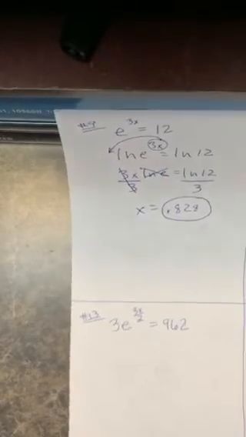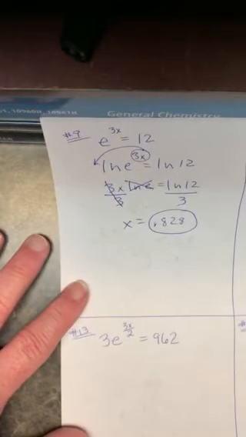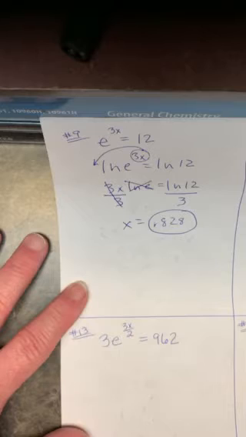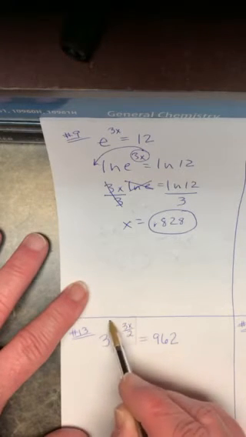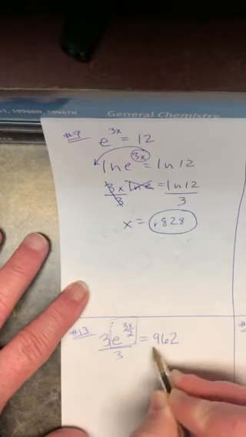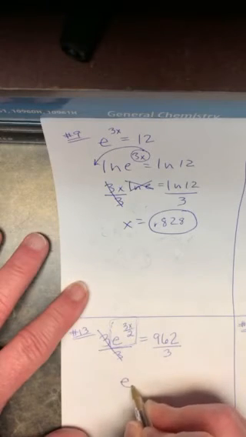Number 13. Oh boy, look at this. It says 3e to the 3x over 2 equals 962. Oh boy. Oh, well, wait a minute. I'm trying to get that by itself. Agreed? So I'm going to divide by 3, divide by 3. The 3's cancel. I've got e to the